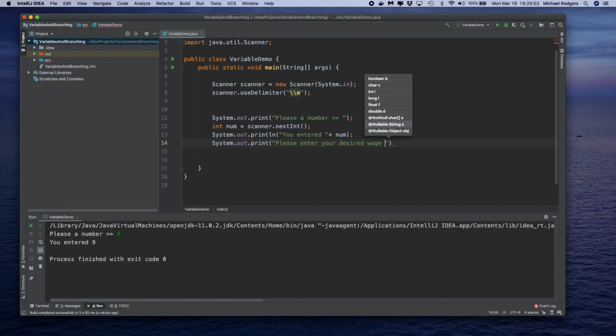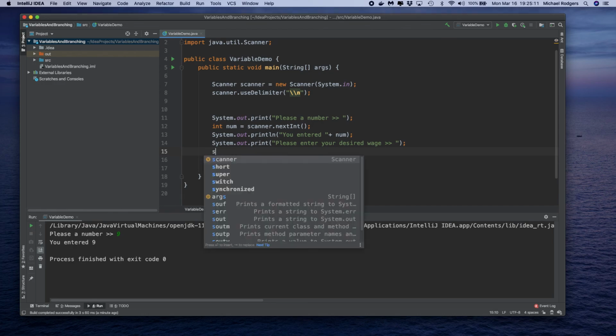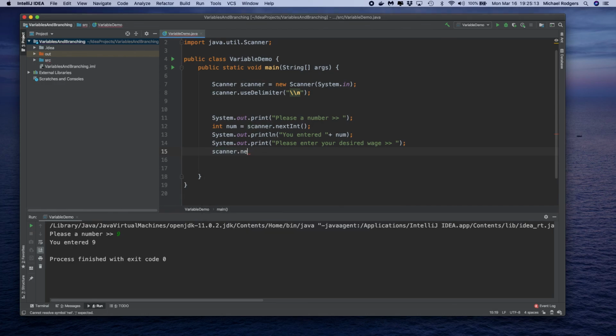Okay. Use the caret symbols because it's a nice way to let someone know that they need to enter something, and then I'm going to say scanner next int wage. System out print line. You entered wage. Whoops. I'm going to do another system out print line, and here I'm going to do the calculation of